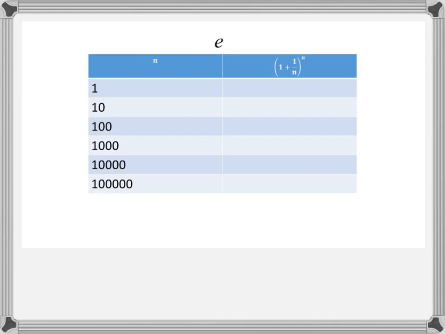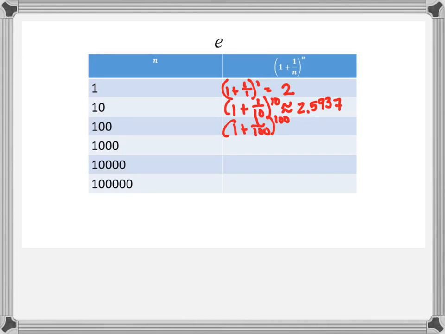So if we look at this using a table of different values for n, if n equals 1, we evaluate (1 plus 1 over 1) to the 1, and we get 2. If n is 10, (1 plus 1 over 10) to the 10th is about, because it's not exact, 2.5937. It keeps going. If n is 100, (1 plus 1 over 100) to the 100th power is about 2.7048. If n is 1,000, (1 plus 1 over 1,000) to the 1,000th power is approximately